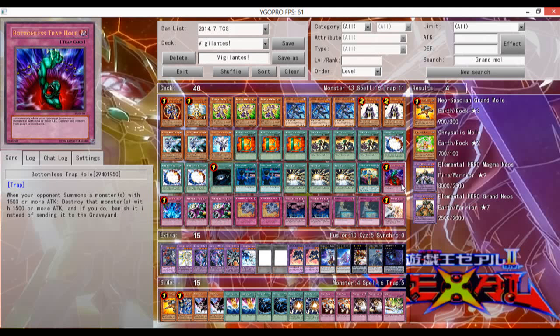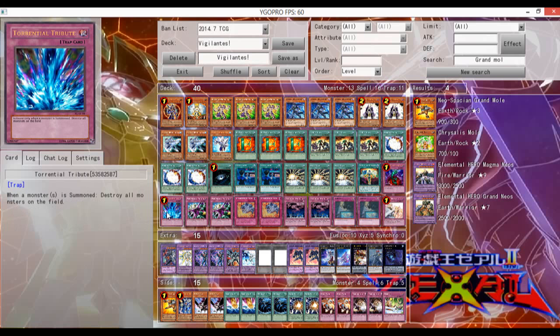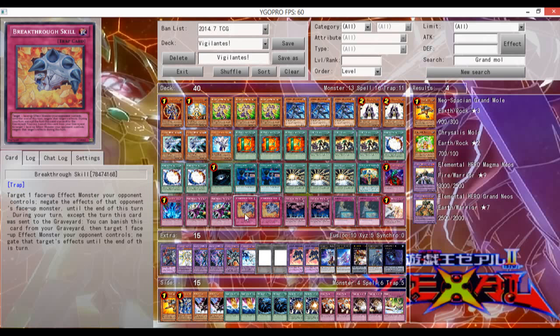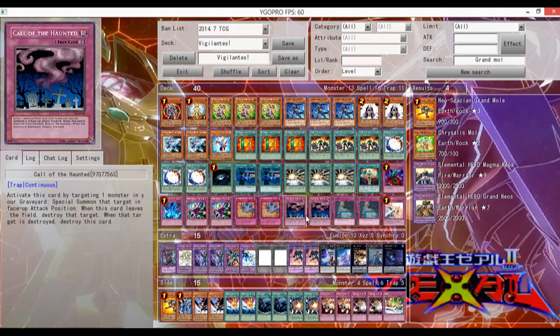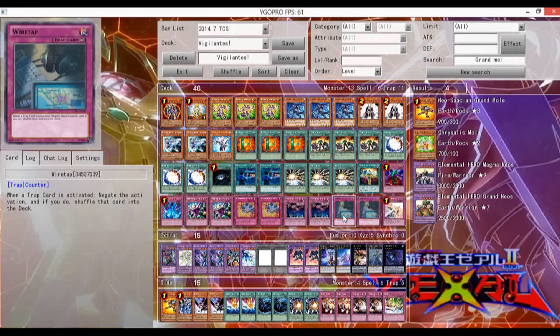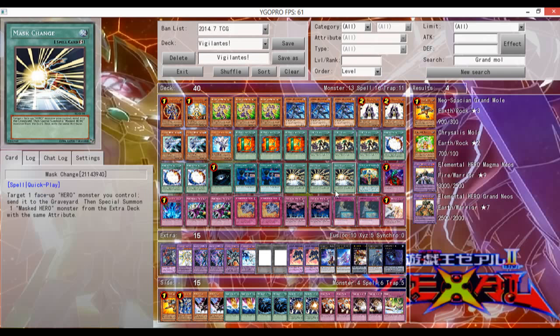Next up, we run one Bottomless Trap Hole, one Torrential Tribute, because Bottomless Trap Hole and Torrential Tribute are OP as hell, two Dimensional Prison, because of the Fire and Ice hands and Beals and all that stuff, two Breakthrough Skills, because negating the opponent's effects is OP, two Call of the Haunted, because being able to reborn Shadow Mist for plays is hilarious, two Wiretap, because we don't want to get hit by Mirror Forces, and a lot of our plays are pretty,